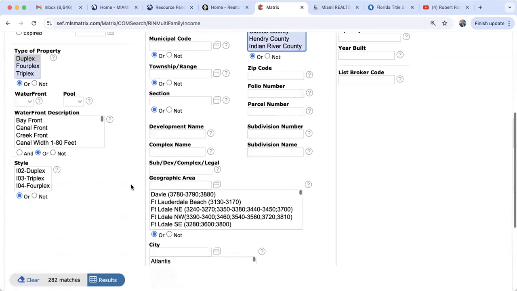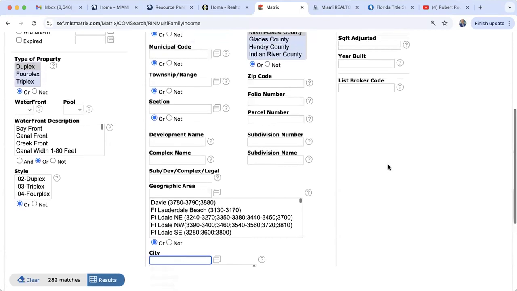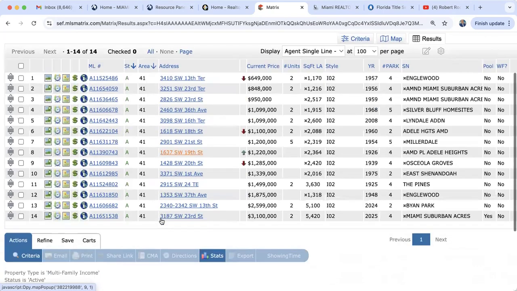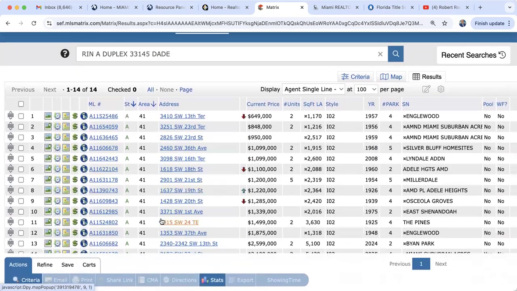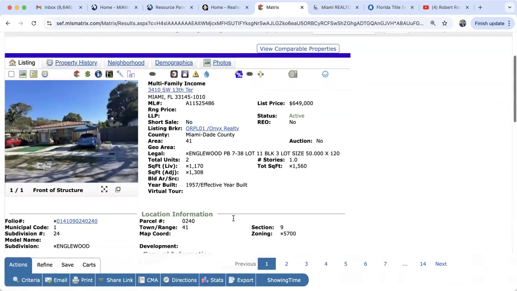And we're going to search for this duplex in the city of, not the city. I'm going to go with a zip code. I'm going to go with zip code 33145. All right, so zip code 33145, click on results. So these are my duplexes currently for sale in zip code 33145. All right, we're going to go ahead and just select the first one. It's the one here, and it's listed for